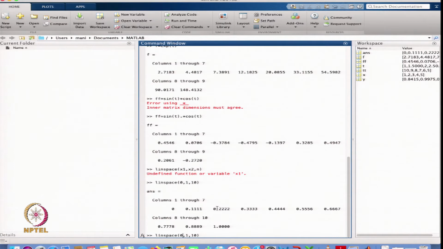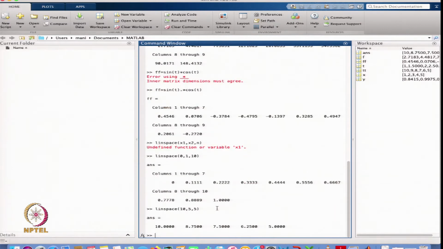Maybe I can define starting from 10 and going up to 5, and in this case I will just define 5 points. So starting from 10 to 5, I want to distribute the interval with 5 points. So it is 10, 8.75, 7.5, 6.25, 5.